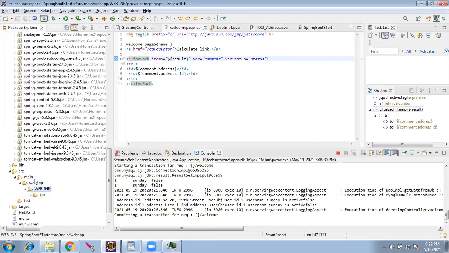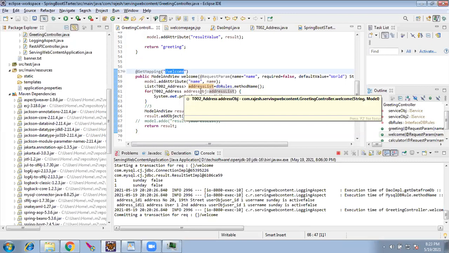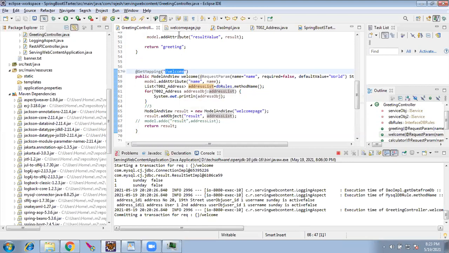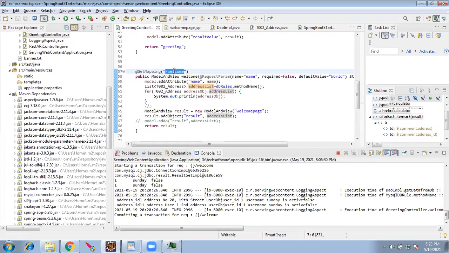But what we can do is, from the Angular TS file, we can call this welcome URL. That means this will not have a UI. When you are going to use Angular, Angular is the UI. So here you will not write any UI. We need not write any JSP page itself. We can stop the code here. After we get the result, just return the result.